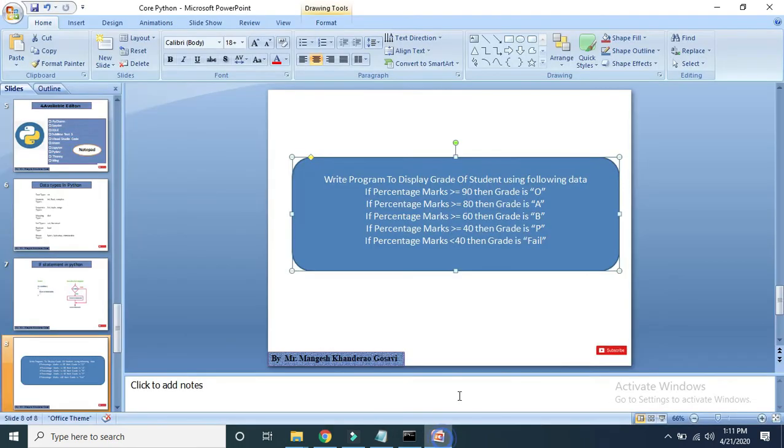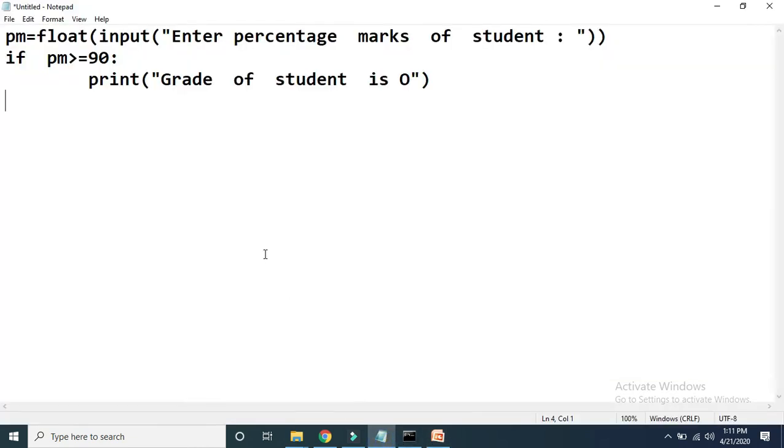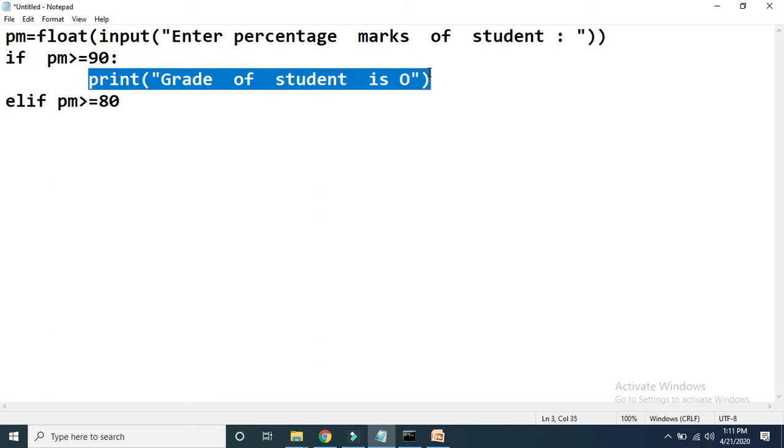The problem statement says if above 80, then we display grade A. So here we use the ladder and write elif. Then the next condition: PM, percentage marks greater than or equal to 80. If this is the case, then we display the statement: grade of the student is A.